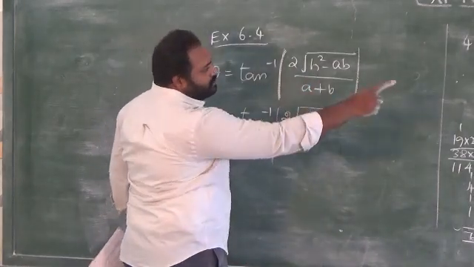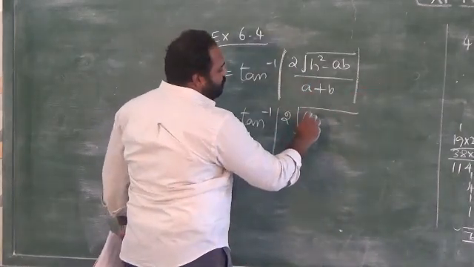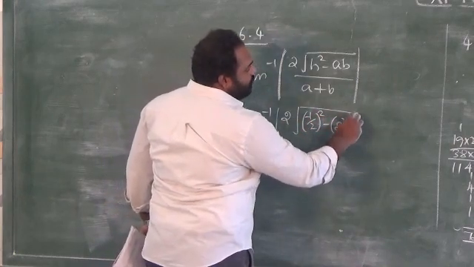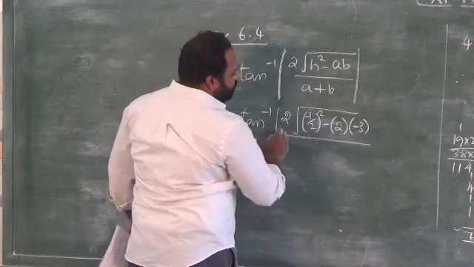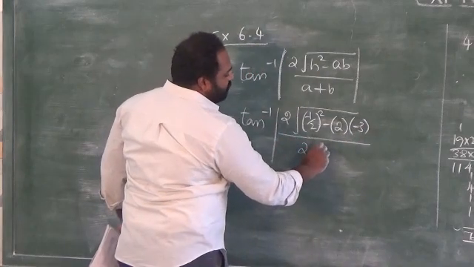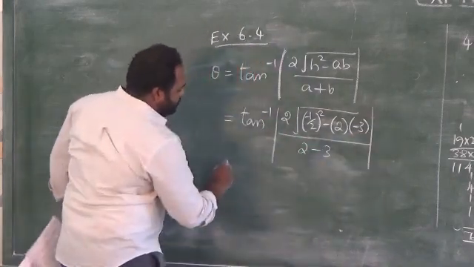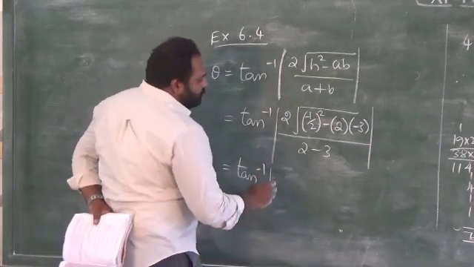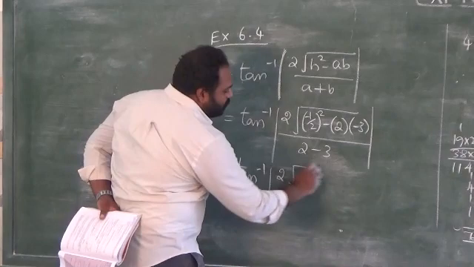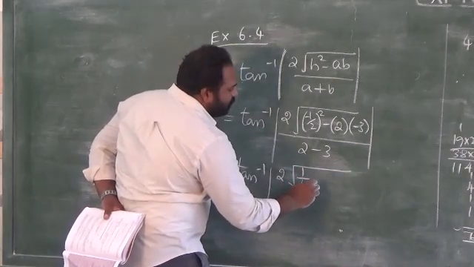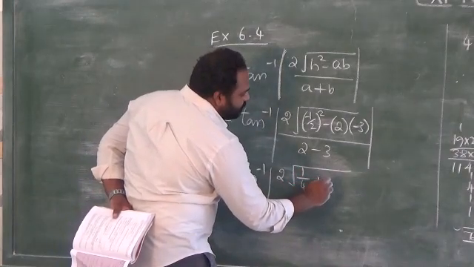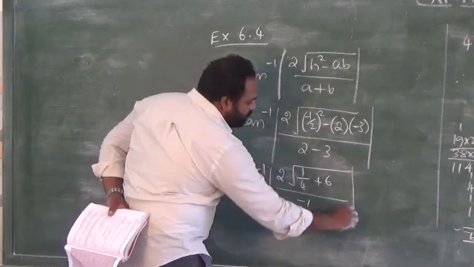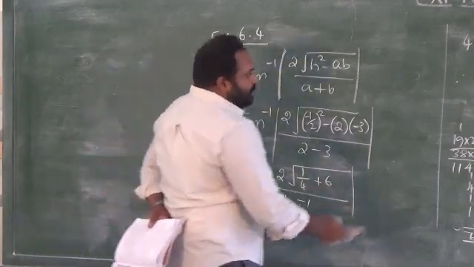H square value is, we have found that minus 1 by 2 whole square minus A into minus 3 whole divided by A is 2 minus 3 modulus. So tan inverse 2 root of 1 by 4 minus into plus 6 divided by minus 1. So it is next